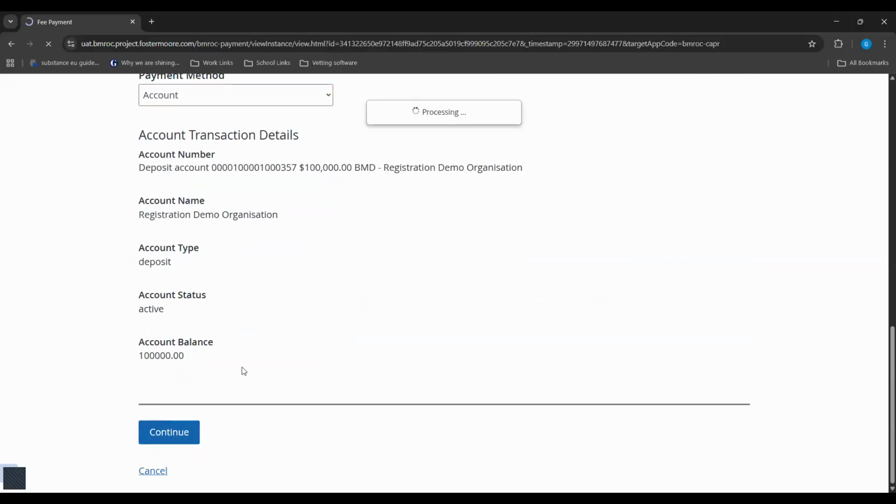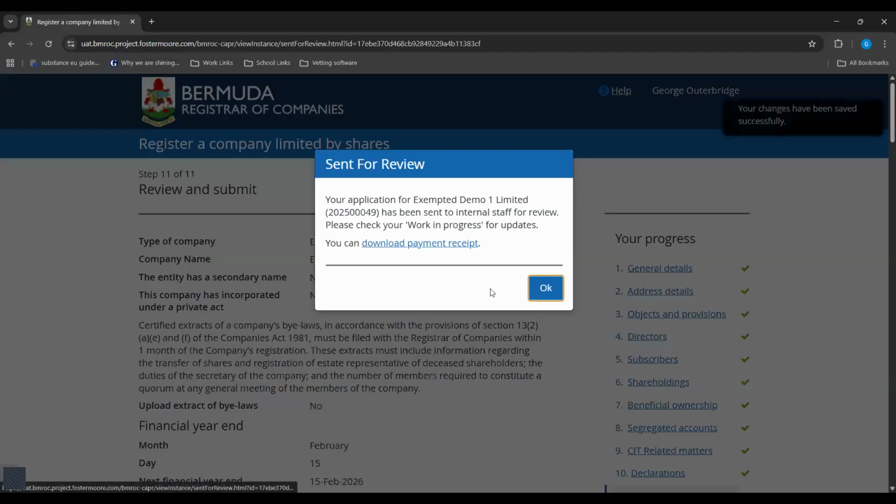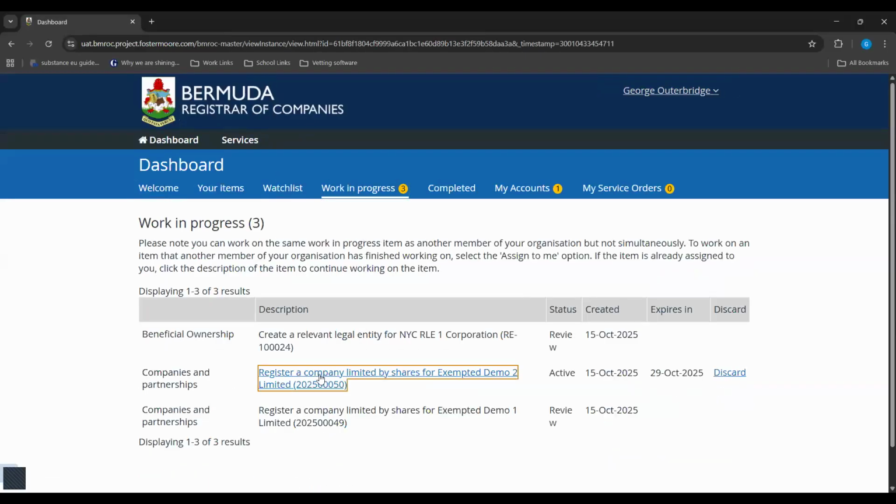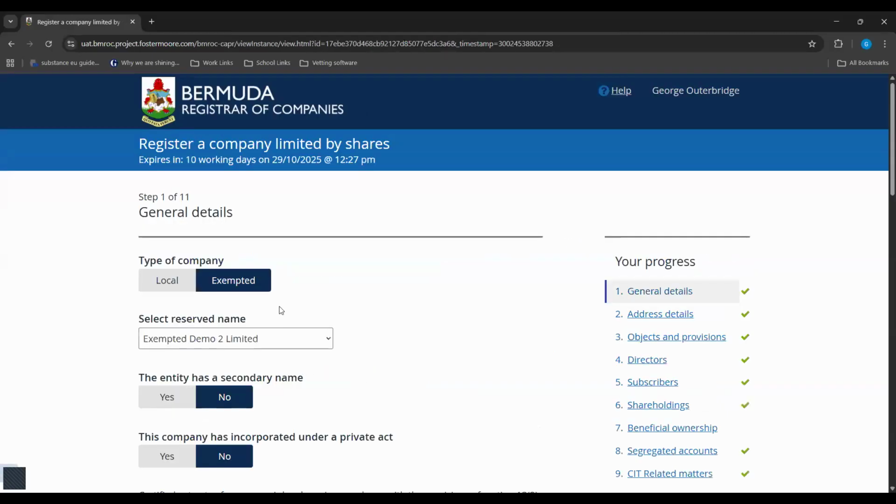So once that is done, it's now been submitted, and you can check our work in progress. And that one has now also been sent for review. Now, in the meantime, what we would do, I have a second entity already prepared, and